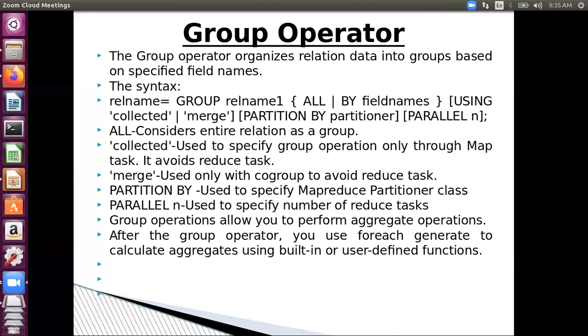Okay, so you can group your relation using some field name, and the idea behind that is to get some summarized information from our data file or a data set, maybe some counts, some average, maximum, minimum, standard deviation, things like this. So to get the summarized information out of our data set, we can take the help of the group operator.